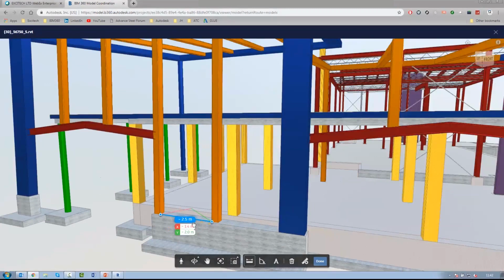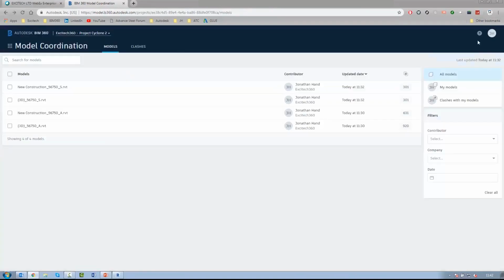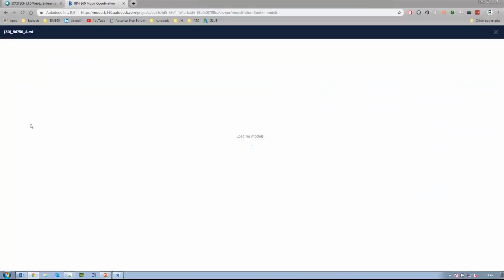And you see it will start to snap to the objects. You can see there it tells me that the distance is 2.5 meters, and then I've also got an X and a Y triangulated position. I can do angles, and you can actually save them and delete them. So it's really quick. Just run a dimension and it tells me that's the size of it. So you can do that within any view. So if we go back to our architectural model,